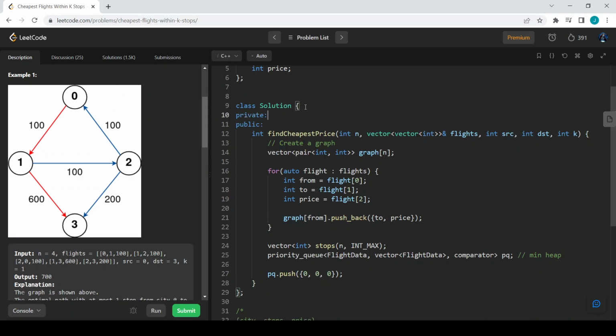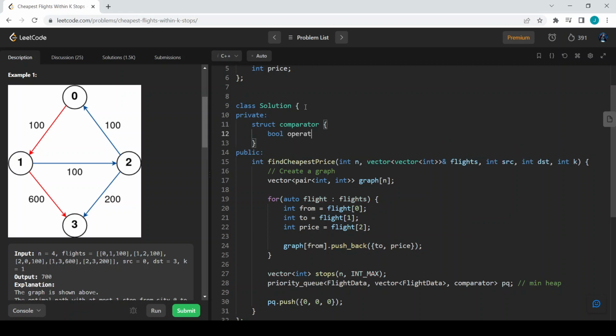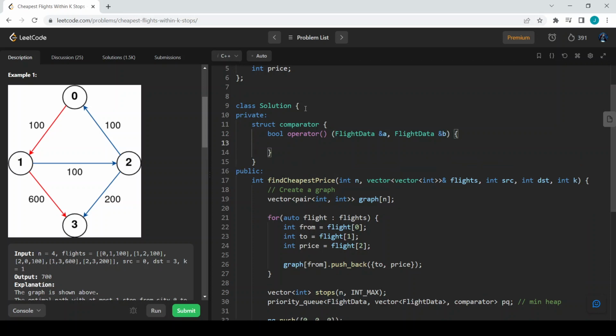We can also define the custom comparator now itself, inside this class solution. So what is the custom comparator? How can we declare it? We can have a struct comparator with a bool operator. This is how we declare a custom comparator for a priority queue. It will look slightly different from the sort custom comparator. The bool operator takes flight data ampersand a, flight data ampersand b. And how we are going to do it is, price of a